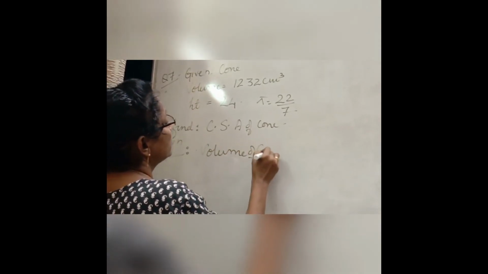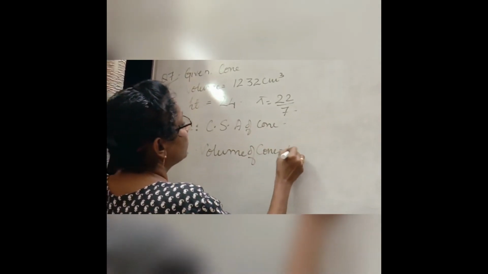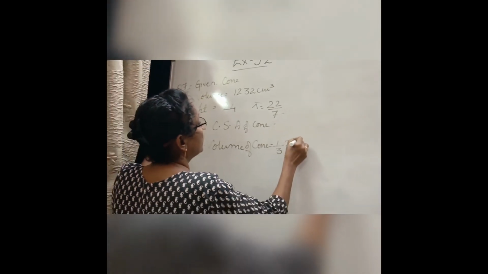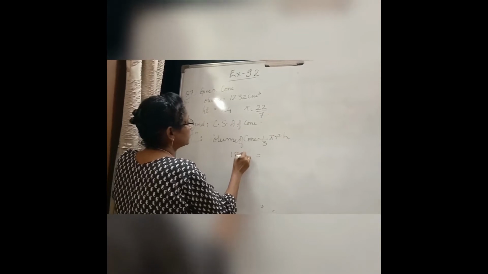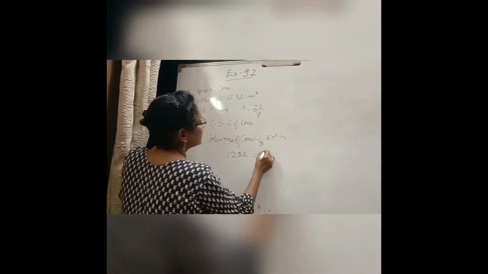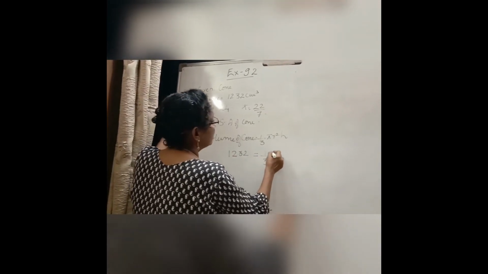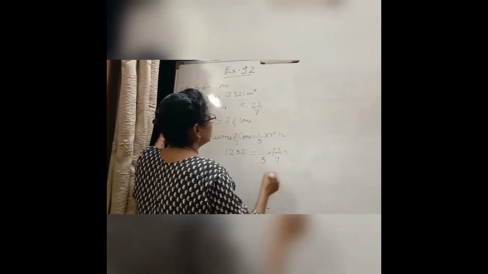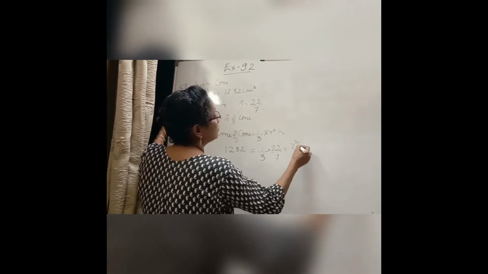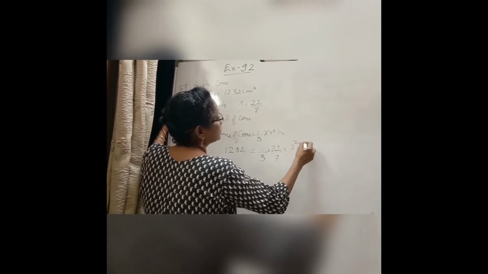Volume of cone is equal to 1 by 3 pi r square h. So that is equal to 1232. On the left side this is 1 by 3 into 22 by 7 multiplied by r square multiplied by h